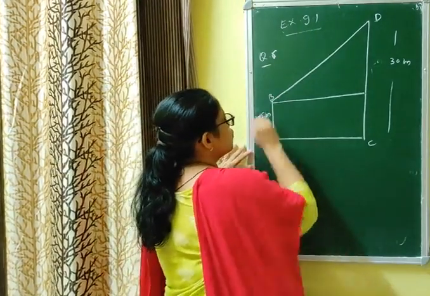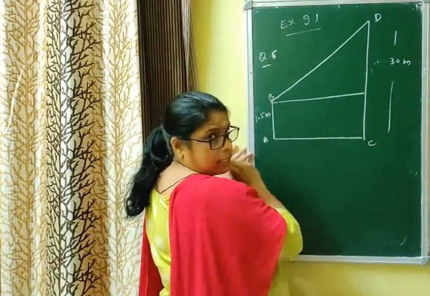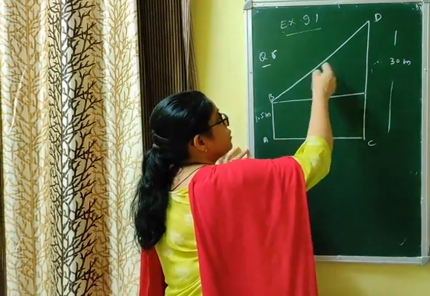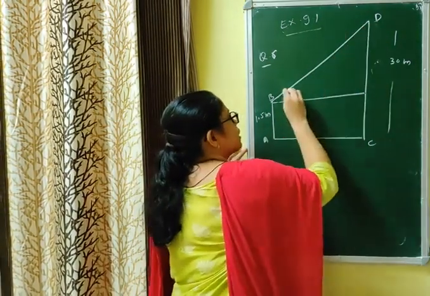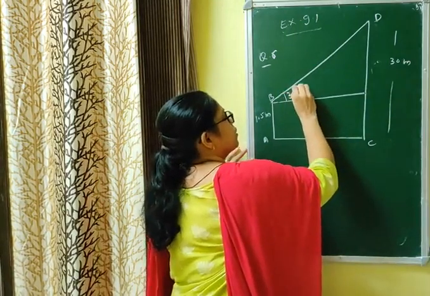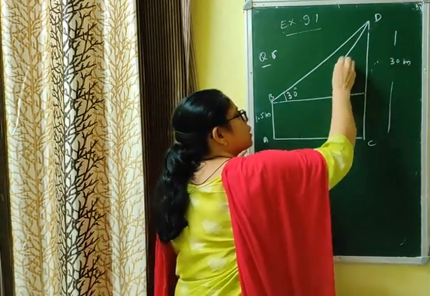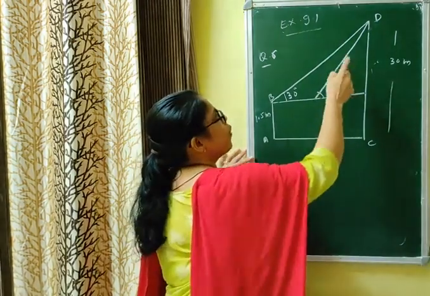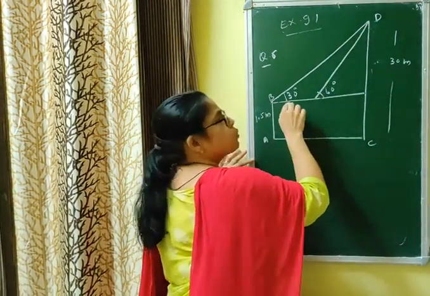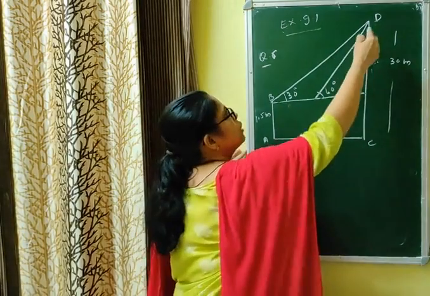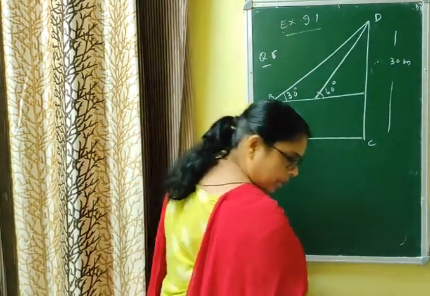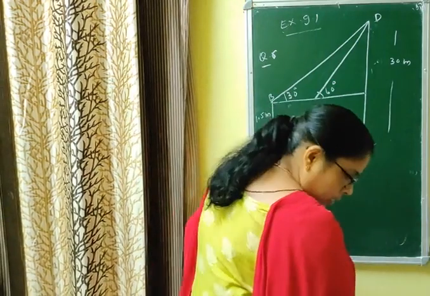अब बच्चे यहाँ कंफ्यूज होते हैं. Which angle is to be taken as 30 degree, which angle is to be taken 60 degree. That is my trick. The point which is farther from the object is smaller, that is, this is 30. A point which is nearer to the object is bigger. जो पॉइंट ऑब्जेक्ट से दूरी में है उसका एंगल छोटा होगा, जो ऑब्जेक्ट के नजदीक है उसका एंगल बड़ा होगा. Now you are asked to find the distance.